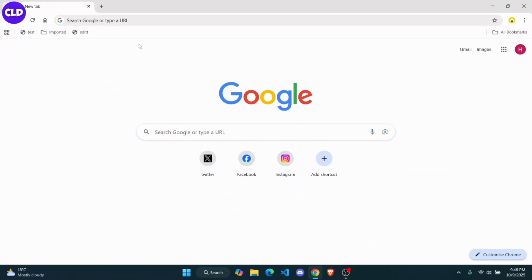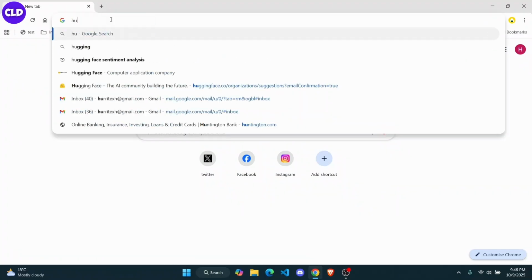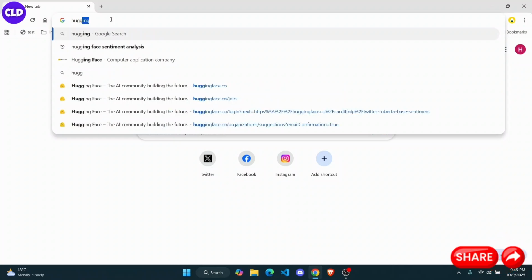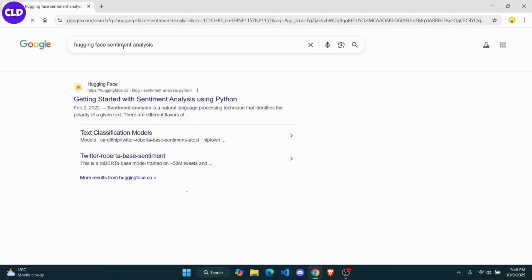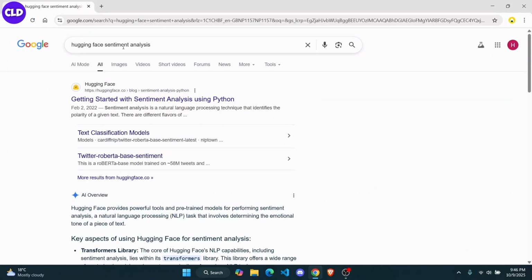First thing you need to do is go to an AI tool that supports text analysis like Hugging Face, Google Colab, or even OpenAI's API works great as well. So I'll just go ahead and search for Hugging Face sentiment analysis. And from here, you want to go over to the first link, so you can get started with the sentiment analysis using Python, but I'll just go with this one, Twitter Roberta-based